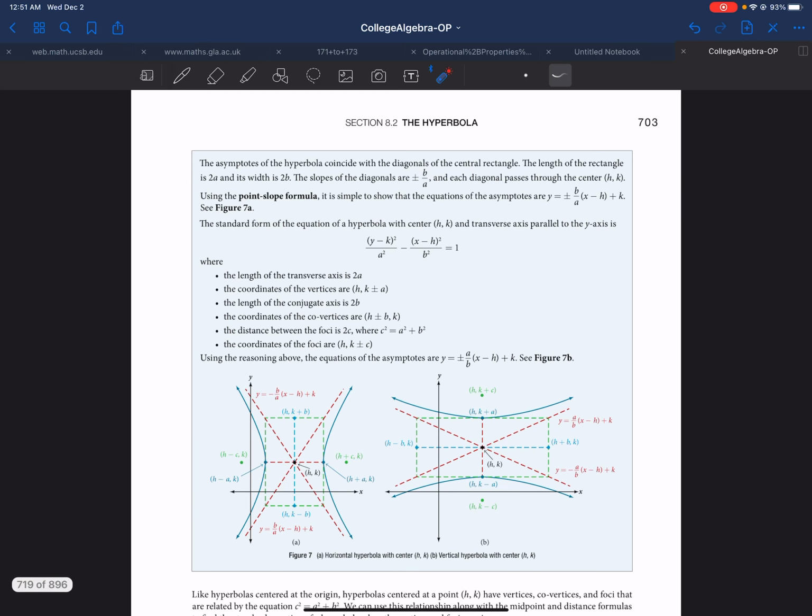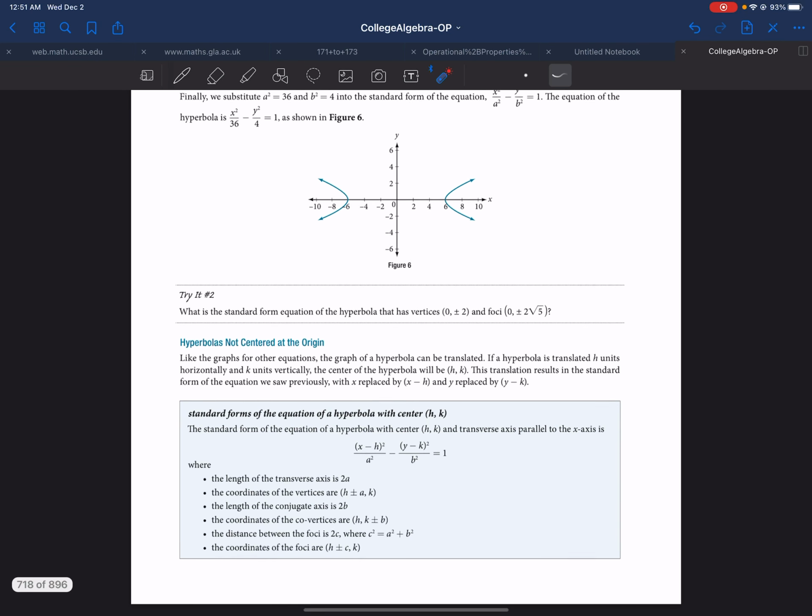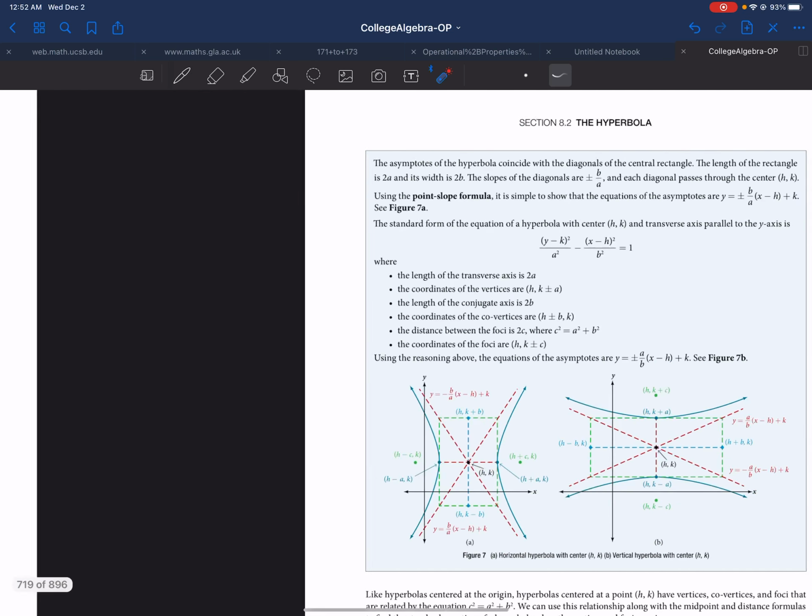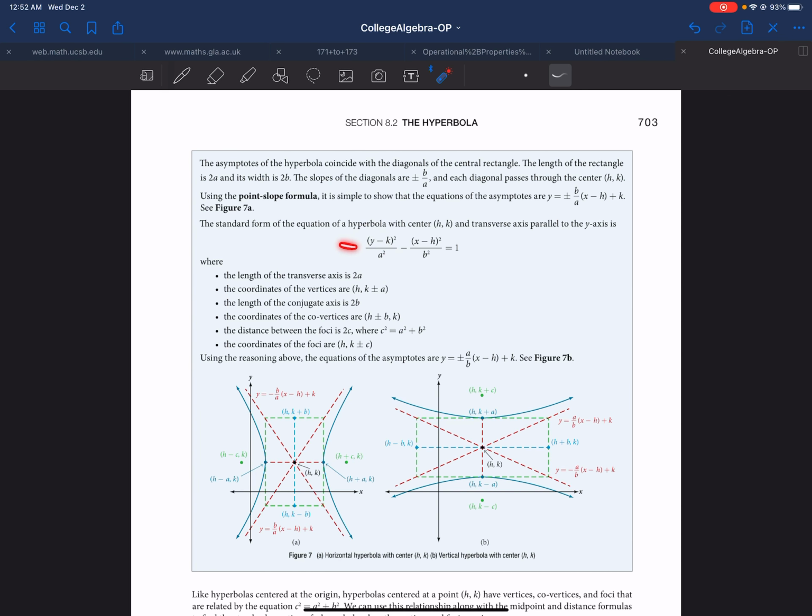So here's what they have. They have two different pictures. What they're trying to do is, this one it does matter. So in the other one, I'm going to tell you, the a squared is always the bigger number. And in this one, the a squared is always what's under the x value, or what's under the positive term, sorry. So in this case, x doesn't have a negative out front, and so then it gets the a underneath. And over here, y doesn't have a negative out front, and so it gets the a. What that says then is,